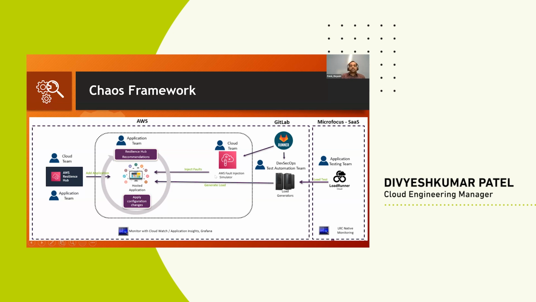While this whole thing is happening, we will monitor through CloudWatch as well as the LoadRunner native monitoring. So what will we get out of it? With CloudWatch, we will see how the system is behaving. When we stop the instance, is it auto scaling or not? Is it automatically recovering or not? We will watch that on CloudWatch, or Application Insights, or Grafana, all these different monitoring tools we are